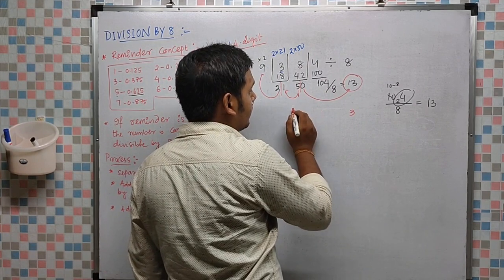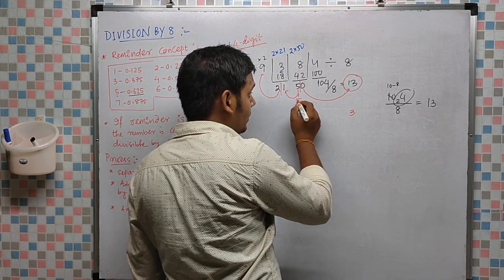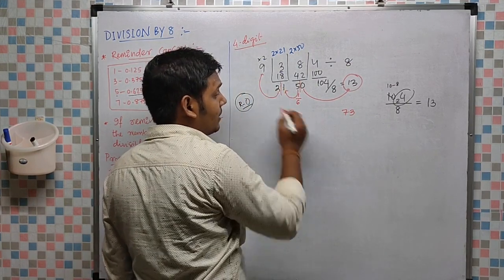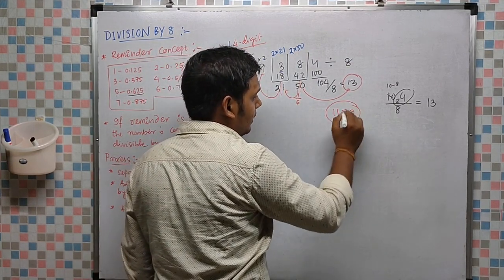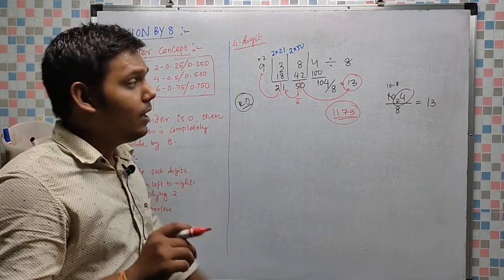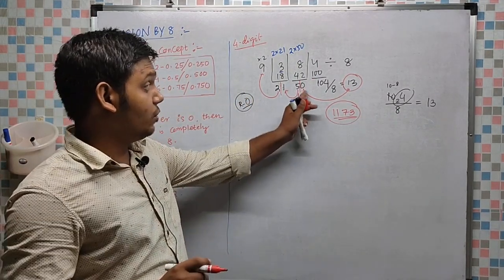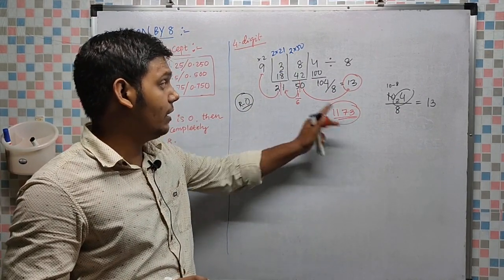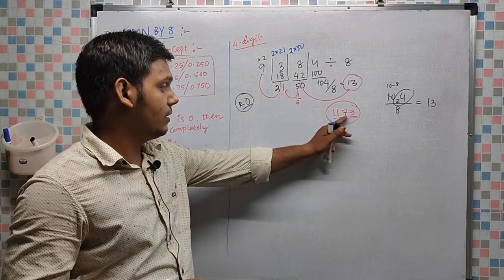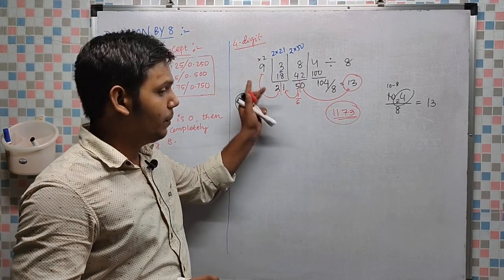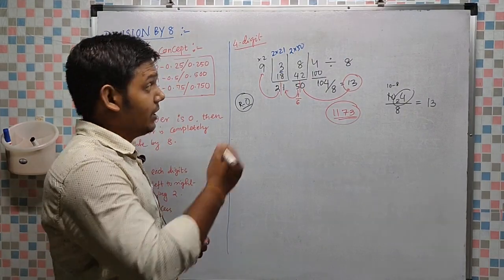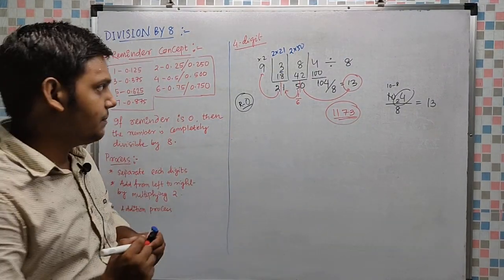1 will carry here. So 5 plus 1 is 6. Now 1 plus 6, that is 7. Then 2 plus 9, that is 11. Answer is 1173. So what have I done? 0 plus 13, 3 I have written, 1 carried here. 5 plus 1 is 6, 6 plus 1 is 7, and thereafter 2 plus 9 is 11. So in this way we can divide a 4-digit number.